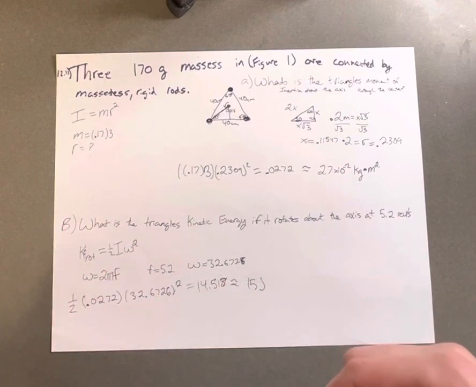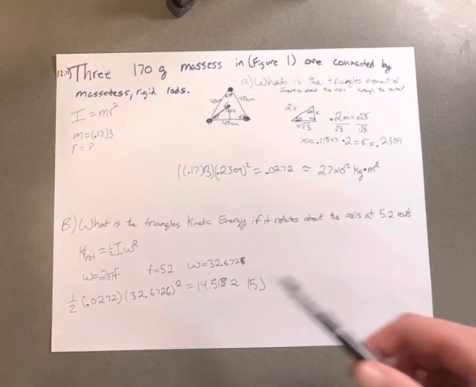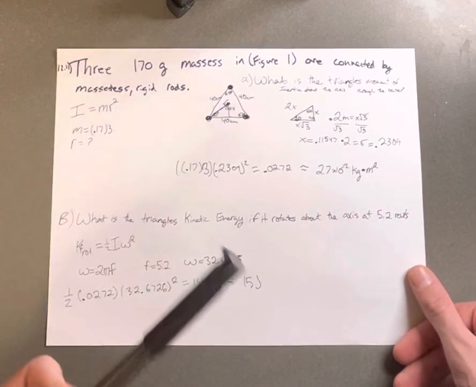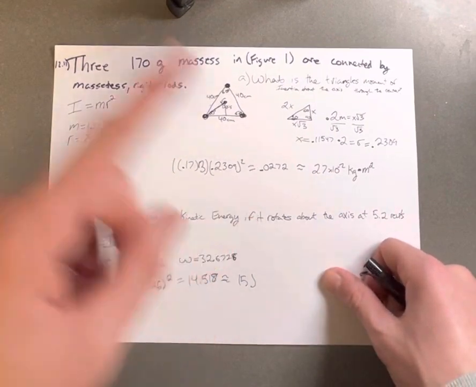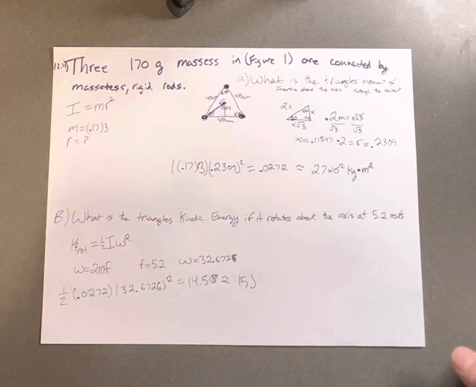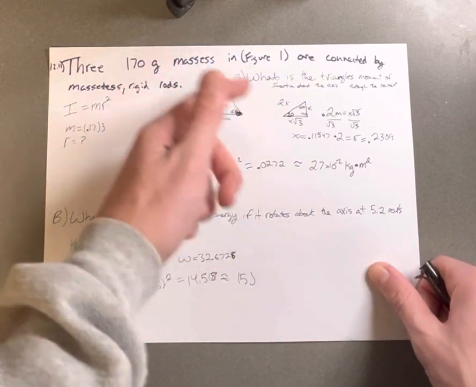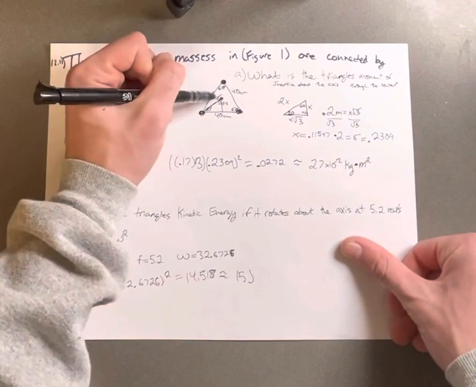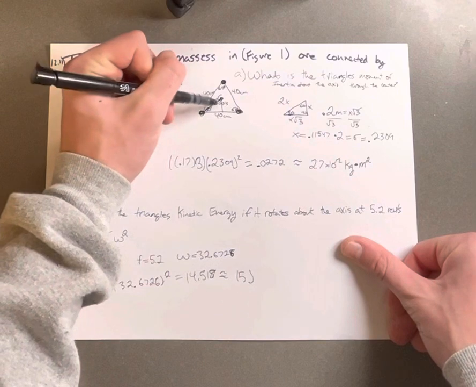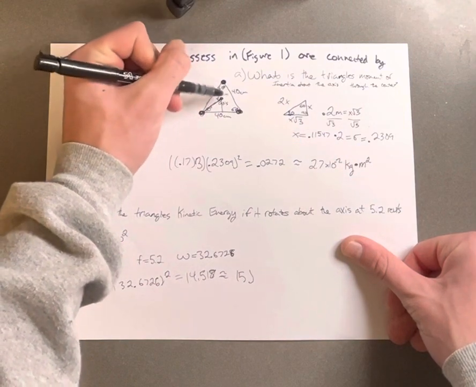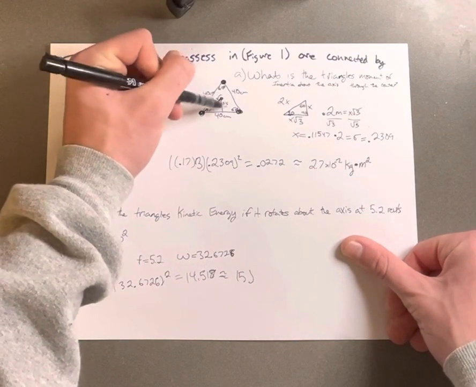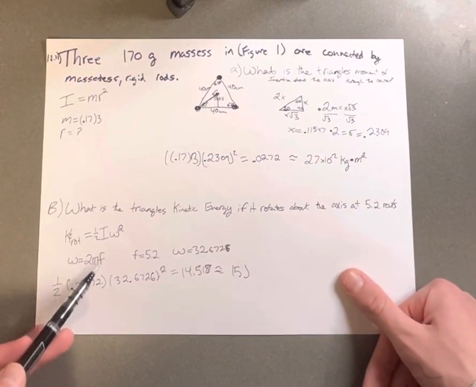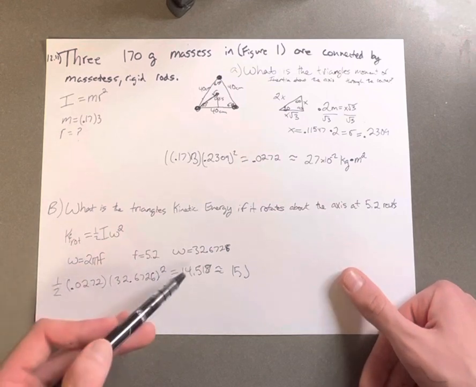But I want to stop and think, because omega, angular velocity, is in radians, and this is giving us revolutions per second. This is telling us how much it goes around in radians. So we want to convert this to radians, and we'll do that by multiplying by 2 pi, because it's going around in a circle, right? It's telling you how many revolutions, but one revolution is one time around, and one time around a circle is 2 pi. So 2 pi times the frequency will give us omega, and that ends up being